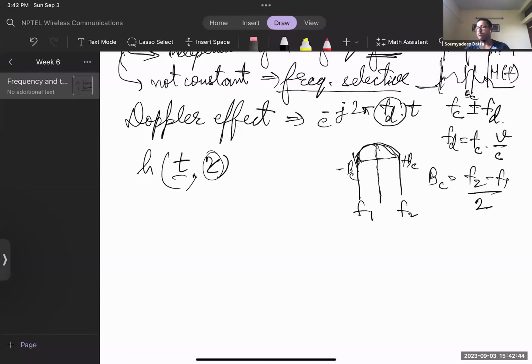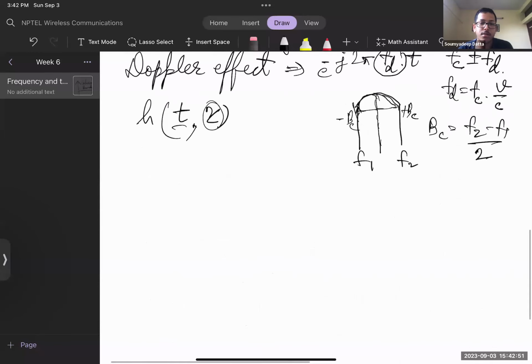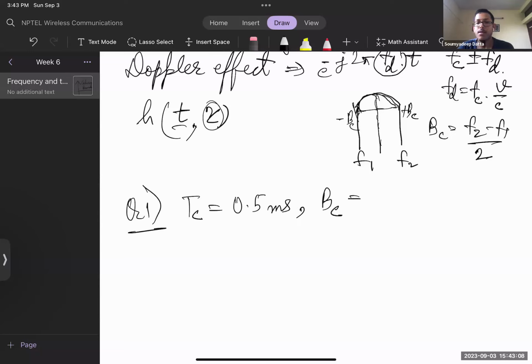So let's say you have this kind of schematic. You are told, let's mark this question one, that your coherence time Tc is equal to 0.5 millisecond, and coherence bandwidth is equal to 1 megahertz, let's say, right? So this you are actually provided, and you are given the symbol rate Rs